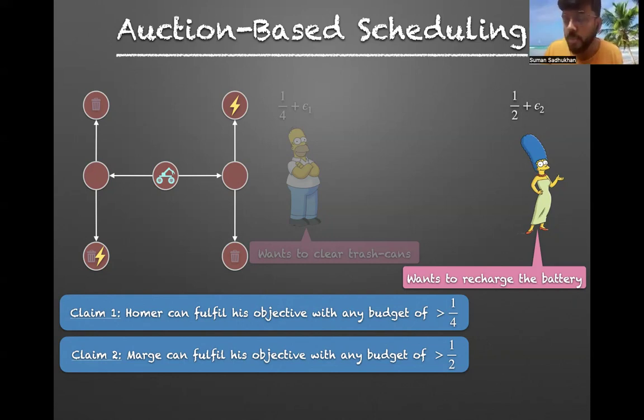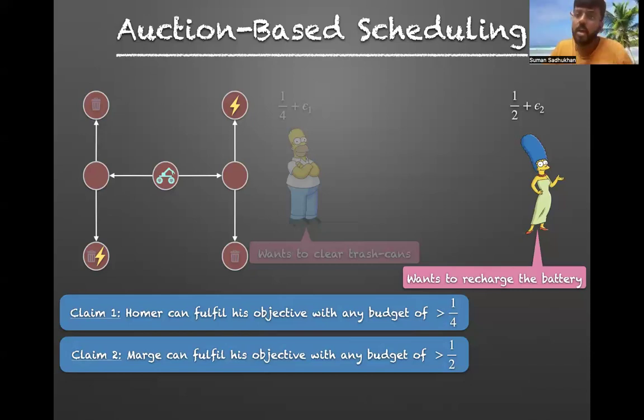Yes. So not both budgets can be dependent on one. Bids indicate the urgency of both the players. So it can be that both of their bids are interdependent. Right? Like a trash can can be near a charging point. At the same point, there can be two trash cans which are filled, and one trash can might be near a charging point, and the vehicle might have enough battery to go to the trash can which is near the charging point and then go for charging. So both can be dependent on one another also, right?